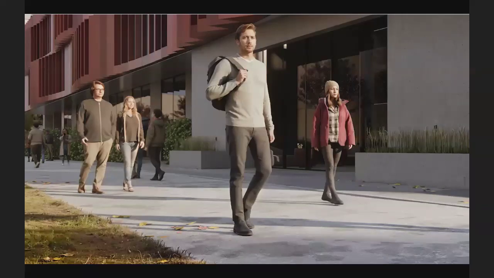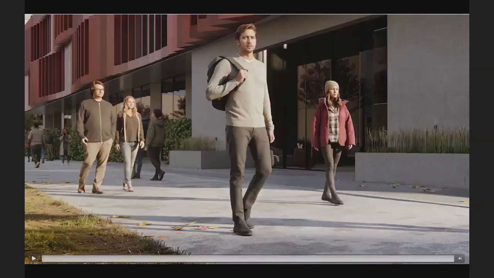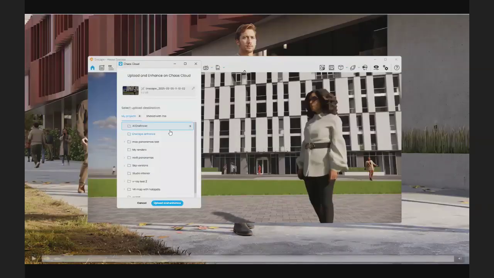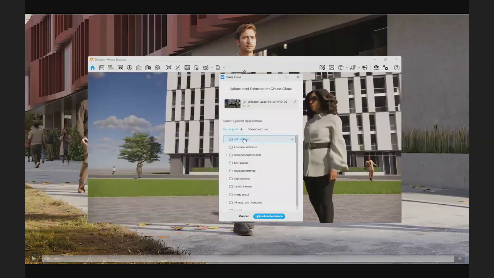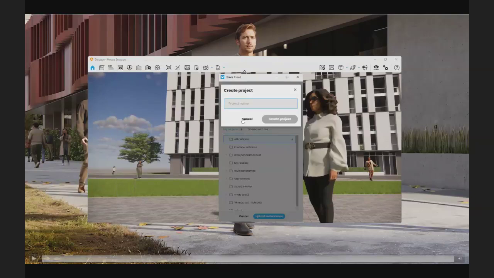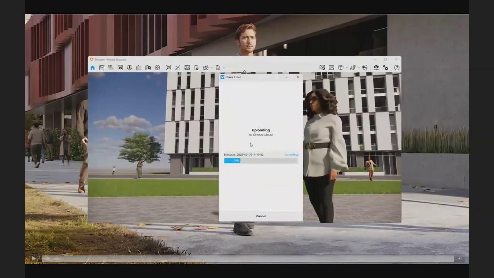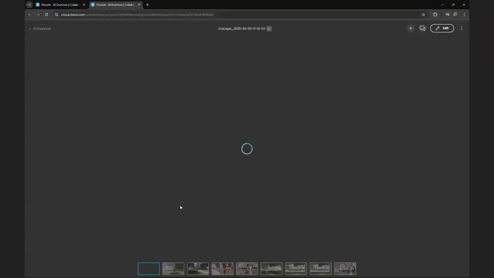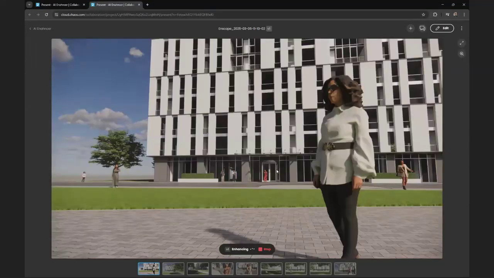Going back to our Enscape project, just a second. Okay, here it is, the Chaos Cloud collaboration. It's really easy, just need to choose the folder we want, or we can create a new folder, upload the image, and view the image on the cloud. Here, the AI will need a few moments to enhance the image, and here is the stop button. Here we can see that it's currently enhancing the image. It depends on many things right now, of the integration, of course, for the landscape.